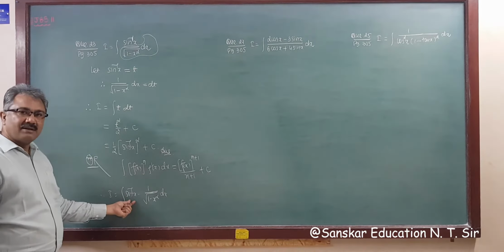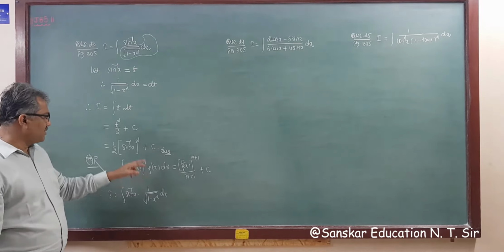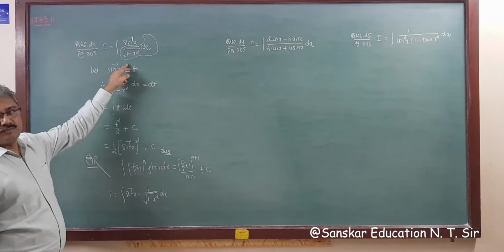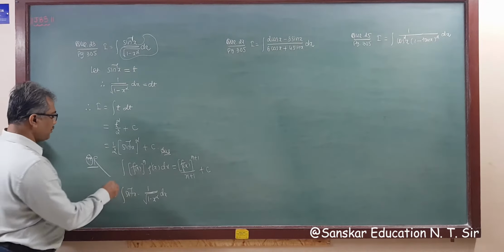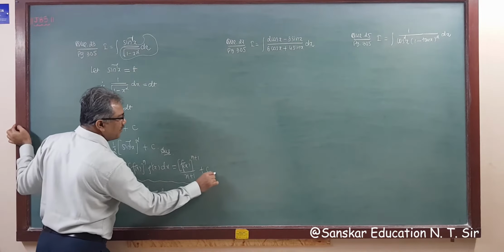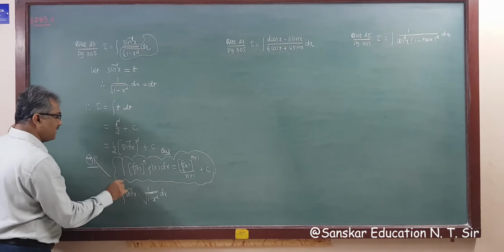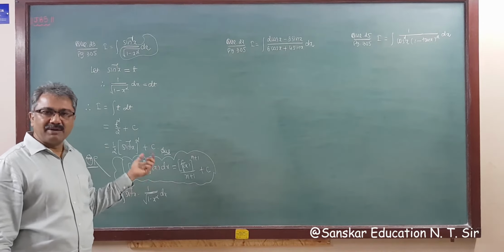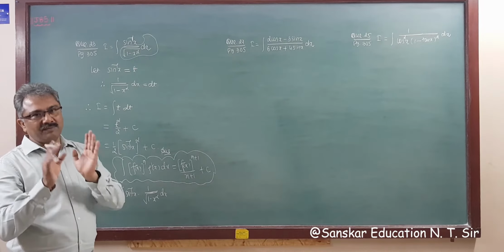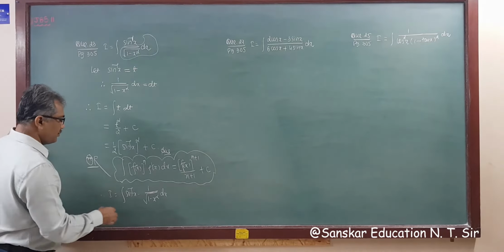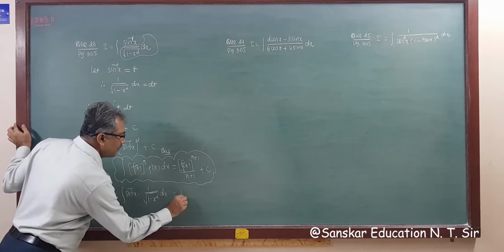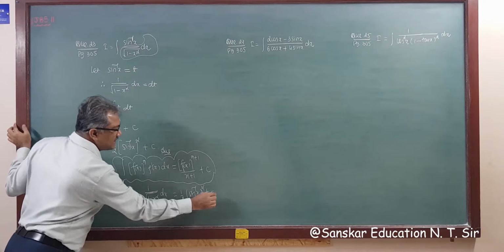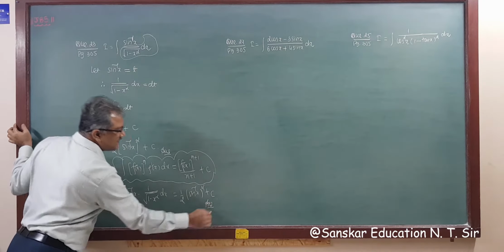So what is your answer? Sin inverse x whole square by 2. Got it? This is an MCQ question, so no need to assume. You have to practice this formula also. This is also an important formula, but you have to recognize it. आपको पता चलना चाहिए, आपको पता लगाना है कि कौन सी फॉर्मूला एप्लीकेबल होती है। जो मैं बोल रहा हूँ वो आपको सब याद रखना है, राइट? So this answer will be 1 upon 2 sin inverse x whole square plus c. So both answers are same, right?